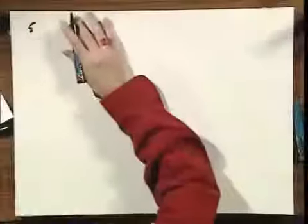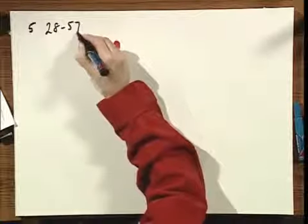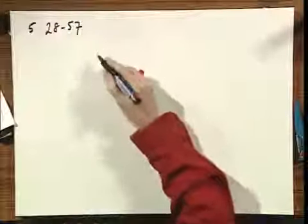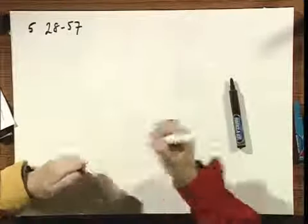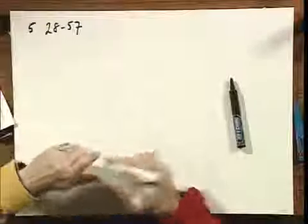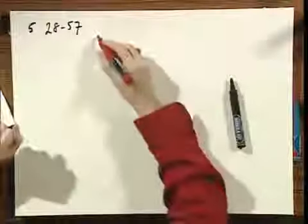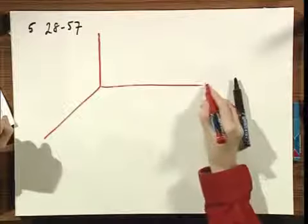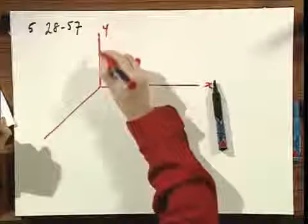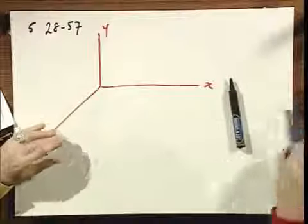Problem number 5, 2857. A torque on a current loop. Let's set up again a right-handed coordinate system. Always right-handed. X, Y, Z. And we have a